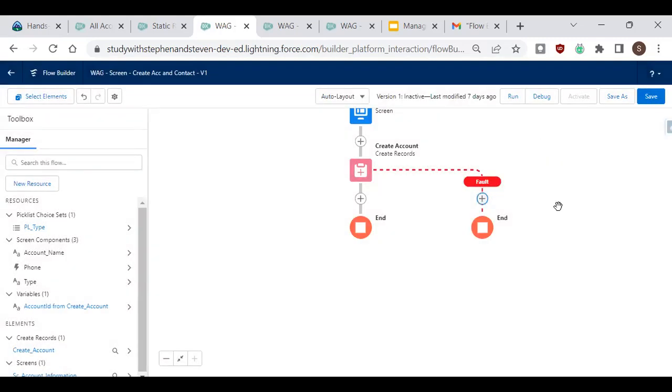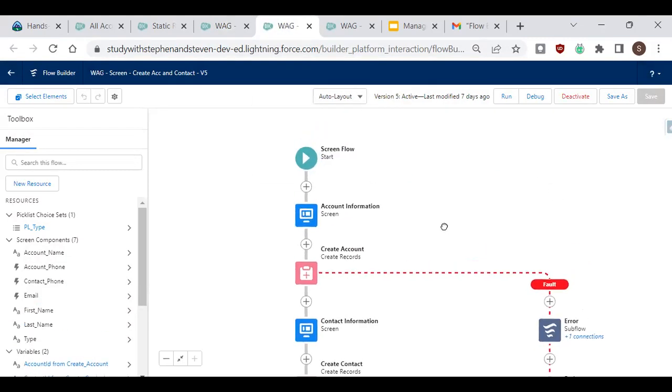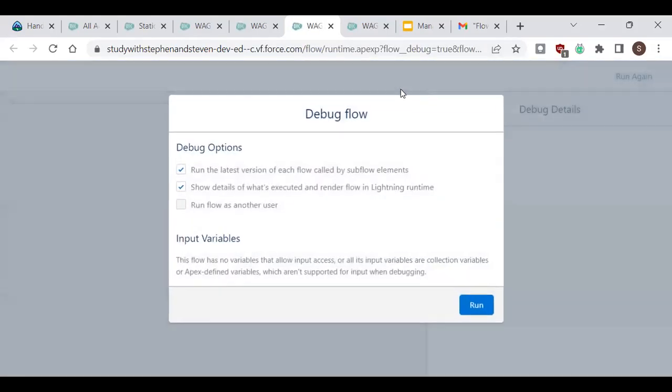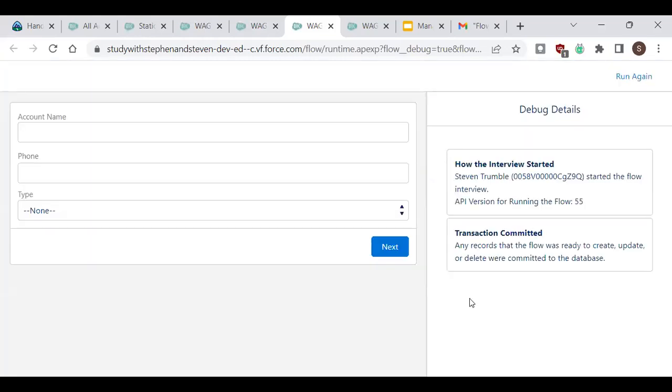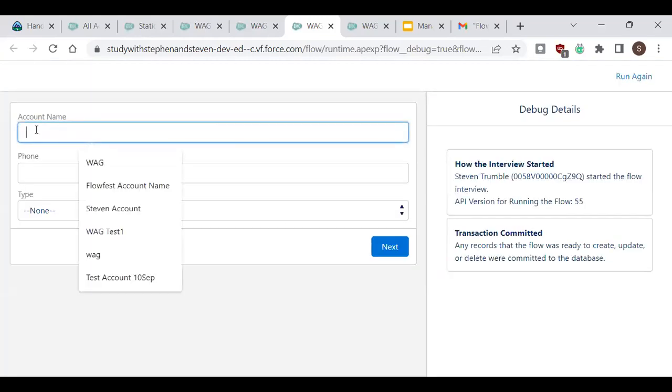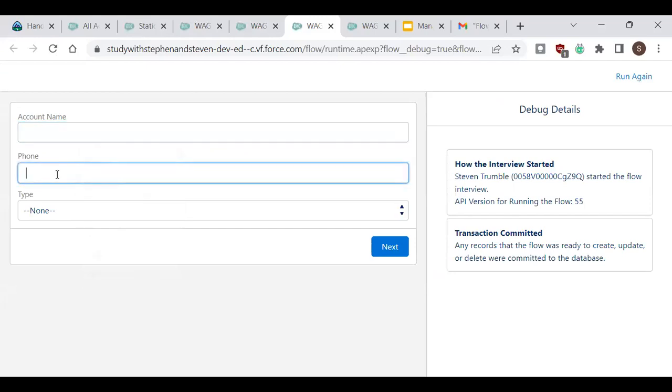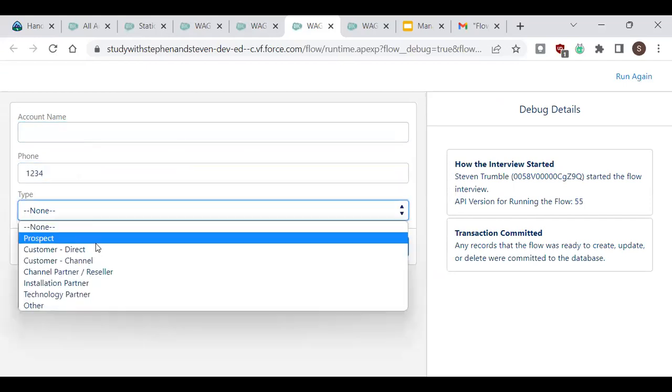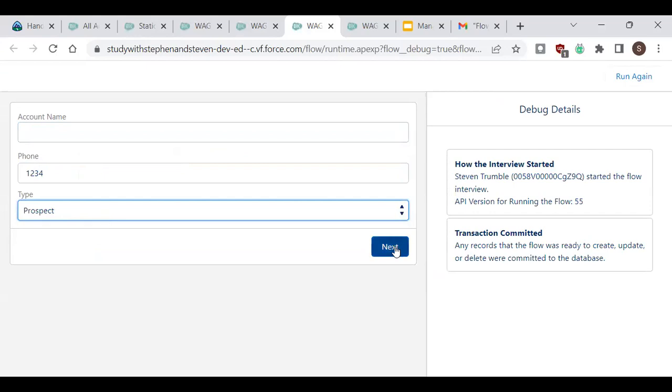All right, so if you've done that, just save again and then debug and we'll see what happens. For mine, same thing again. I'm going to leave this account name blank deliberately. I'll put something in the phone number, prospect. And now when I press next,